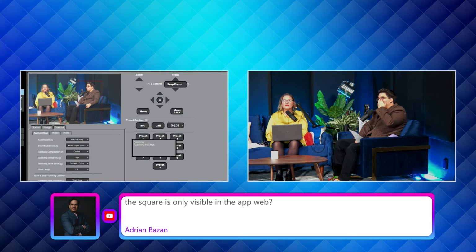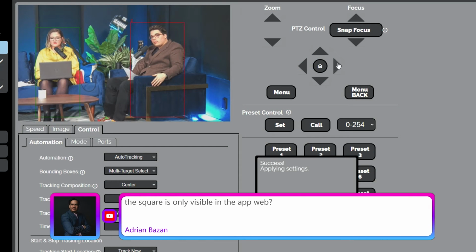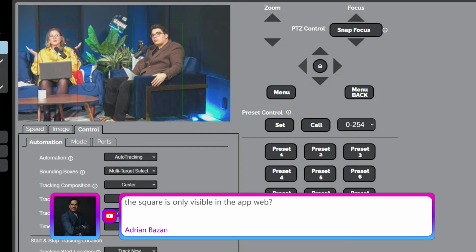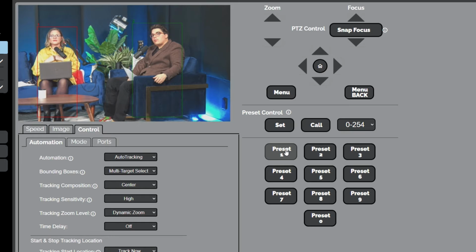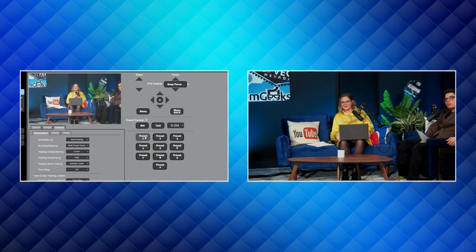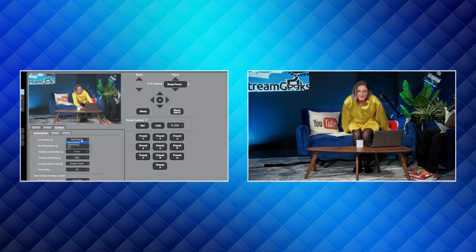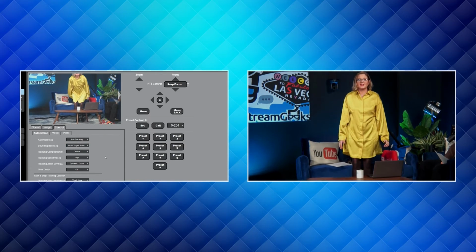Okay. So in the web app only, we're seeing the selection of John and Tess. I'm going to go ahead and select Tess this time. Now I could either move to her with that, or I can select the number that is above her. So I'll select 1. And you'll notice that start tracking did not show up on the output. Oh, you can. You don't have to. And then when I hit stop tracking, all right, we'll let you do tracking for a sec, Tess,